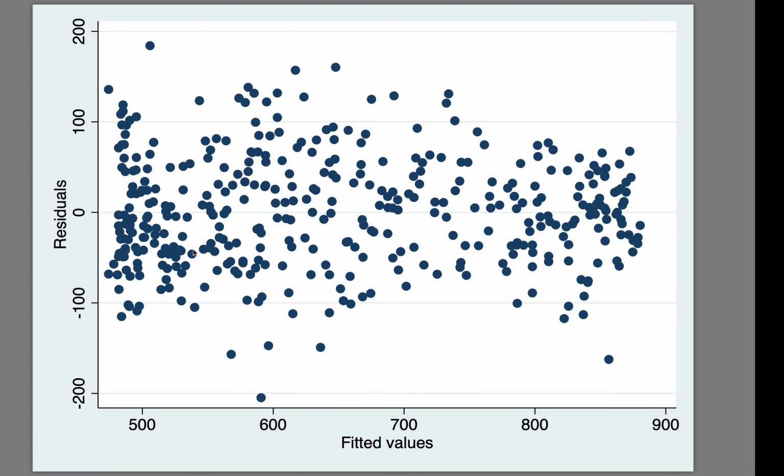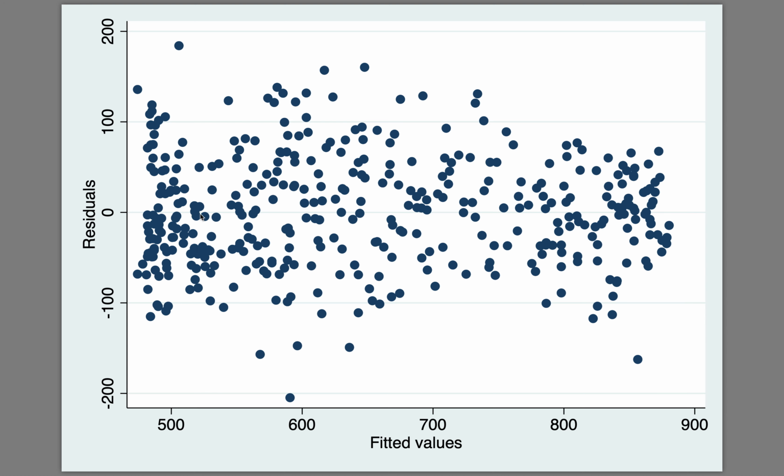Because remember, if you think about that last plot, there were residuals that were above the line of best fit and below the line of best fit. So if the residuals are pretty randomly scattered across the zero, above and below, then you meet the assumption of